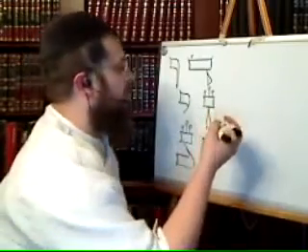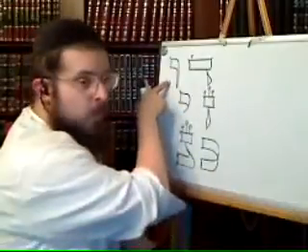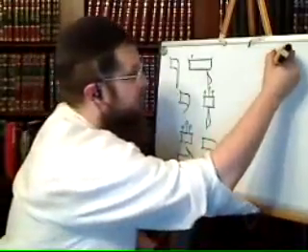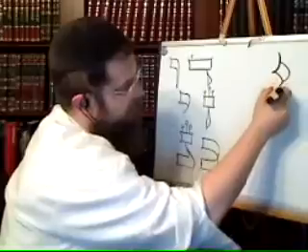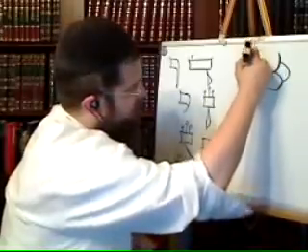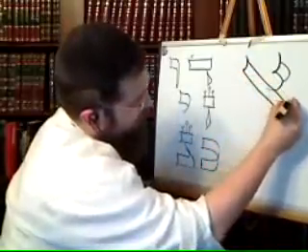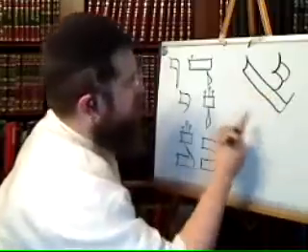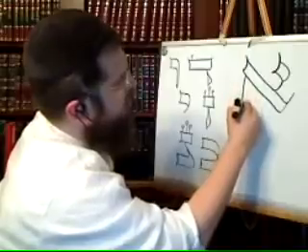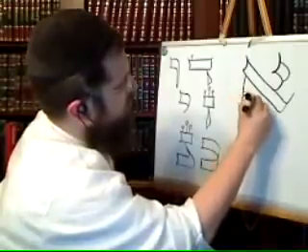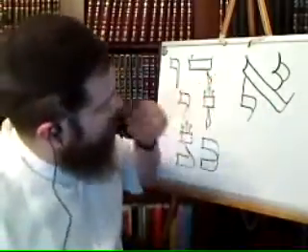Now, as I said, you can make most Hebrew letters from combining these letters. For example, the Hebrew letter Aleph, which is the first letter of the Hebrew alphabet, is composed of 2 Yuds and 1 Vav. Let's take a look at an Aleph. So here is 1 Yud, and then you have the Vav that comes down diagonally and adjacent to the Yud. And then you have another Yud that is suspended from the Aleph,